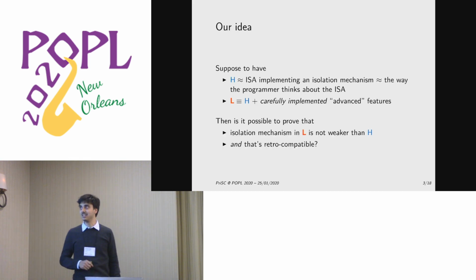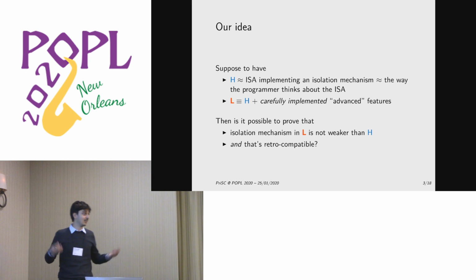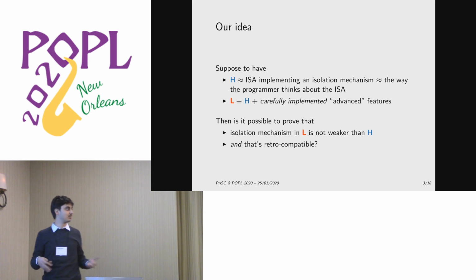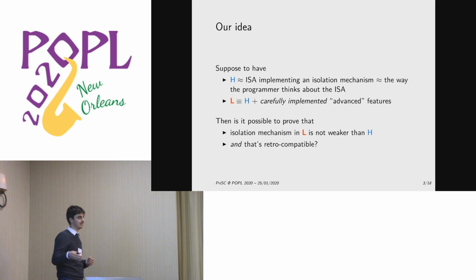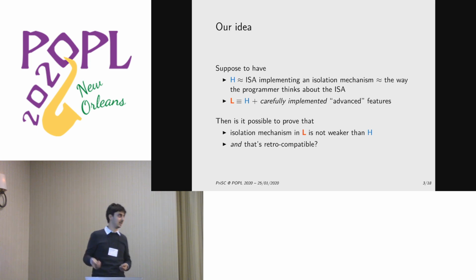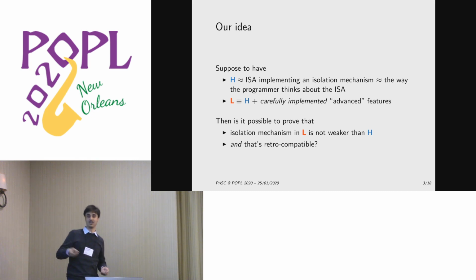So our idea was to suppose to have a language H, which is an ISA language, we call it, that roughly models the mental model of the programmer, and it's an ISA implementing some given isolation mechanism, so an enclave, processes, etc. And suppose also to have a language L, which is actually H plus some carefully implemented advanced feature, like in our case, interrupts. And our question was, is it possible to prove that the isolation mechanism in L is as secure as that in H, while maintaining the retrocompatibility, because you don't want the programmer who writes their programs in H to not be able to reason anymore when the program is executed